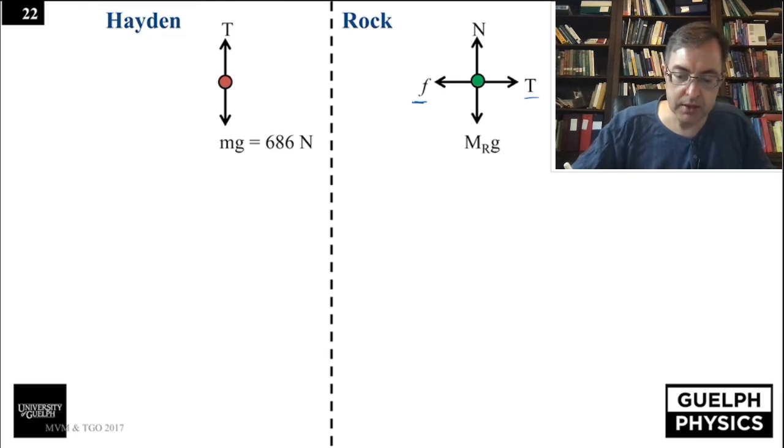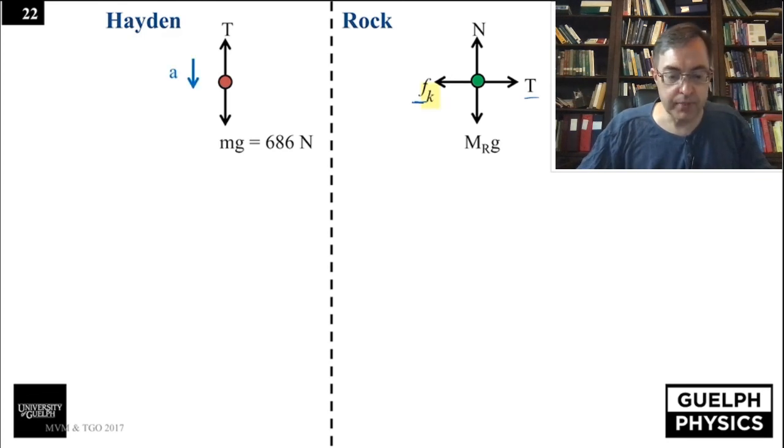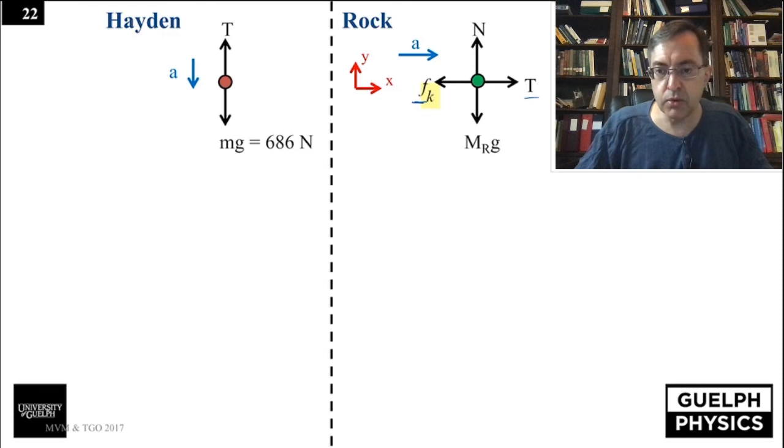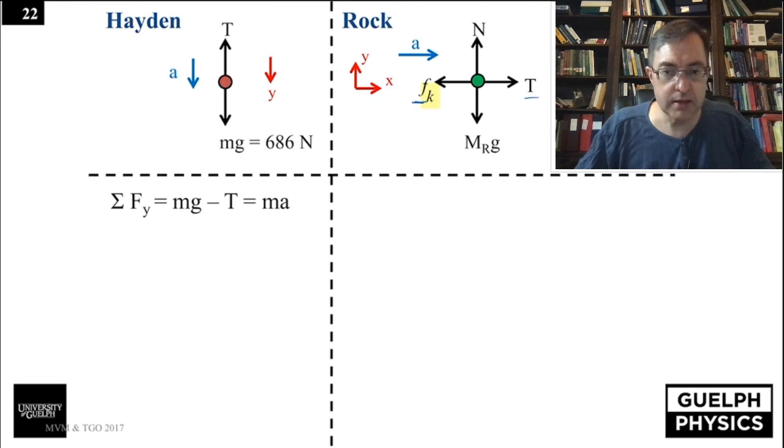And in the y direction, there is the mass of the rock and the normal force. Okay, so it's now kinetic friction. The difference here, though, now is that Hayden is actually accelerating downwards and the rock is accelerating to the right. So we have to take that into account in the force balance equations. Again, assigning a coordinate system to the rock and a separate coordinate system to Hayden, the same ones as we used before. We can then solve for Hayden's problem, first of all, that the sum of forces in the y,